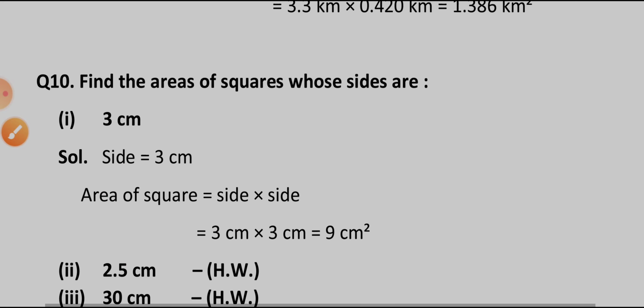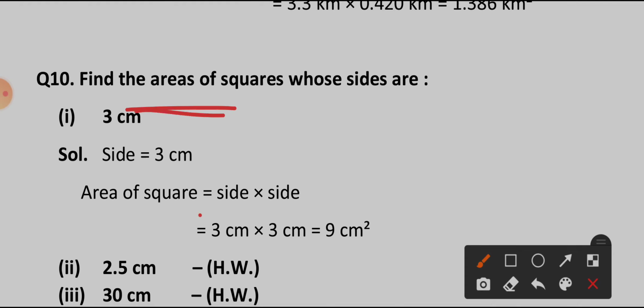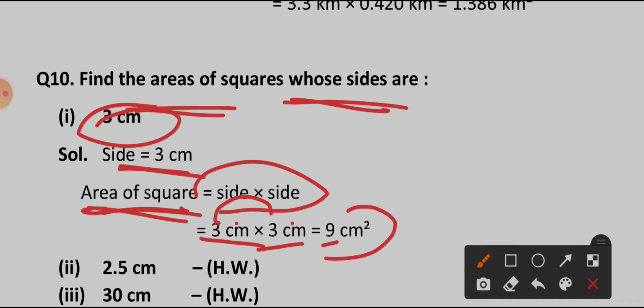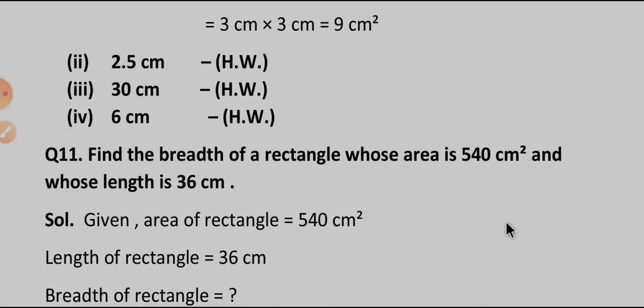Then now in this question we have to find the area of a square. So what is the area of a square whose side is, meaning how much is the side given? 3 centimeter. So the area of a square is side multiply side. So 3 centimeter into 3 centimeter, meaning 3 threes are 9 centimeter into centimeter, centimeter square. So this is the area of our square. You should know the formulas for the area of a square and the area of a rectangle.